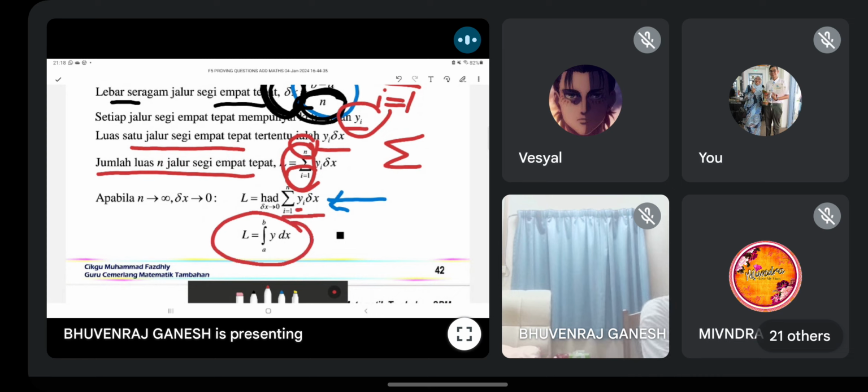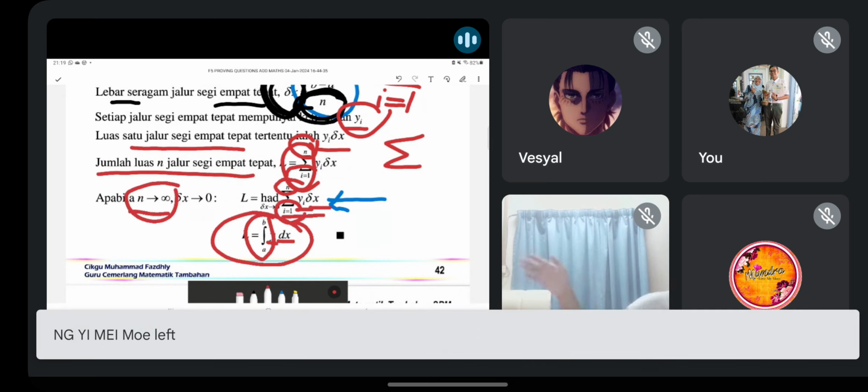Can you see guys? Yi is y. Delta x change to dx. BA is basically your n and I. Kamu tukar simbol saja. Just change the symbol, you will get the answer one. Okay, can you see that n approach infinity? Because we don't know how many